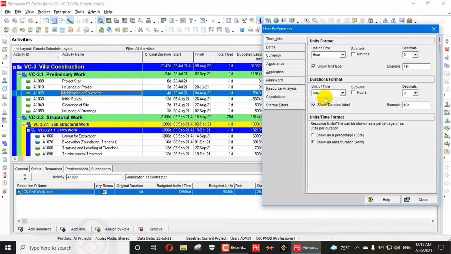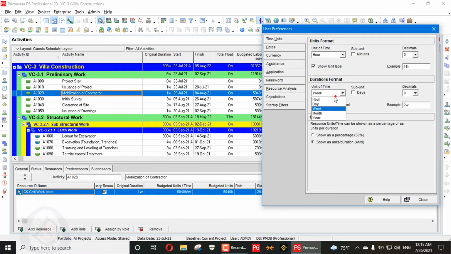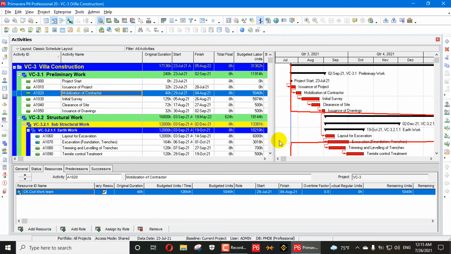When we change that into week, you can see it changes into week and decreases from days to week. You can also put hours, but it is the least suitable unit, because you cannot count hours for duration. Duration is already counted in days. A duration of a project of 1736 hours cannot be considered.